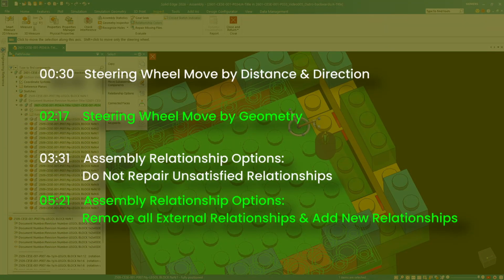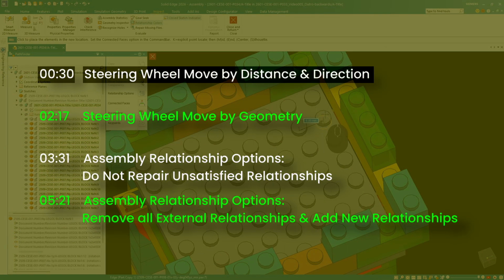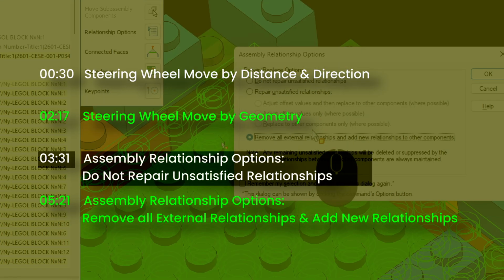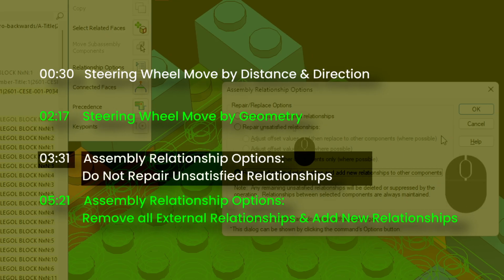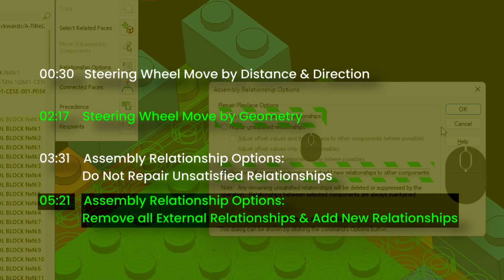Well, Joey, in this video we'll look at how to use the steering wheel to move a part in an assembly in Solid Edge. We'll look at how to do a steering wheel move by distance and a steering wheel move by geometry. We'll also look at some assembly relationship options that we are given when we do a steering wheel move, like the do not repair unsatisfied relationships option and the remove all external relationships and add new relationships